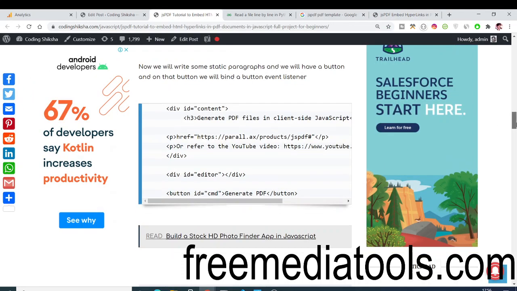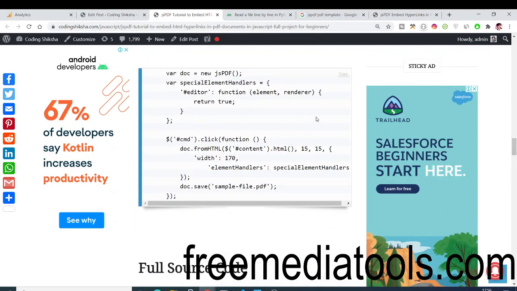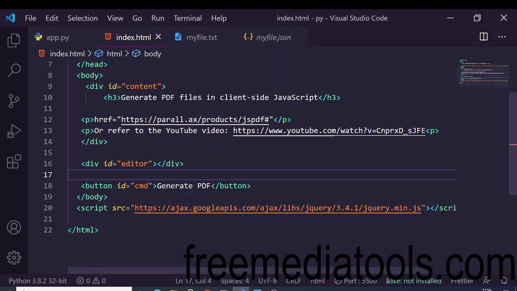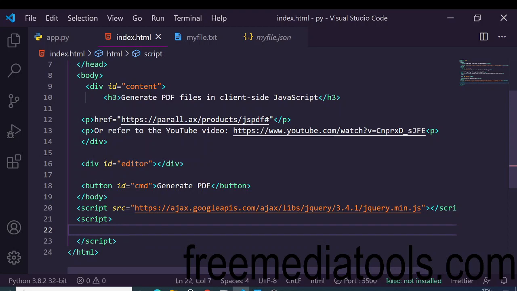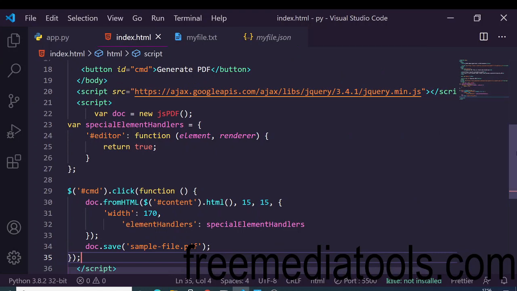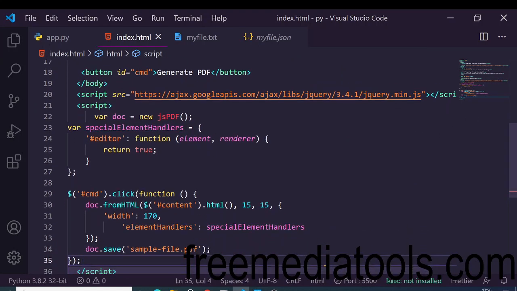Now the next step is that you again need to drag down, and this is the JavaScript portion that you need to write here. Simply copy this code, and here you need to make your own custom JavaScript. You can write this into a separate file, or you can just make a script tag and paste this code here. Let me summarize what I have done inside this JavaScript. We have made a new document of JSPDF by initializing a new instance of JSPDF, and then we have bound this onclick listener. When we click this button, this much of code will execute.